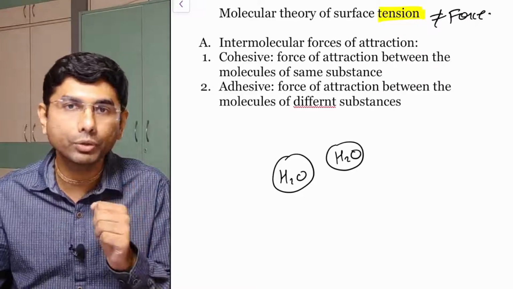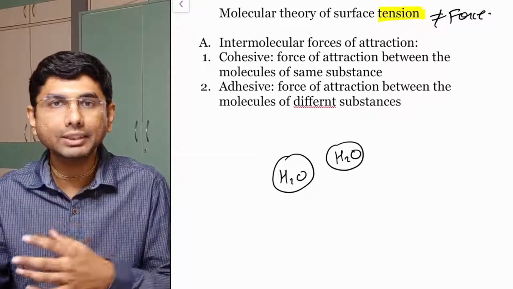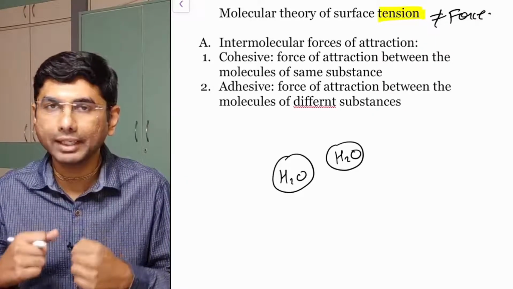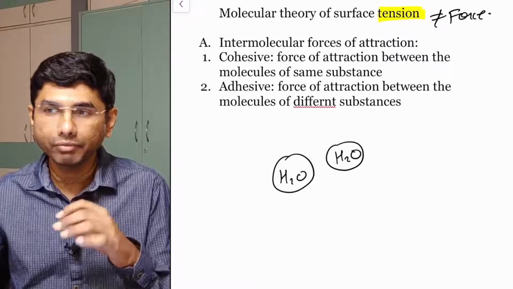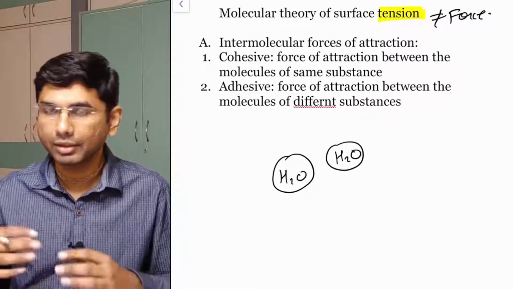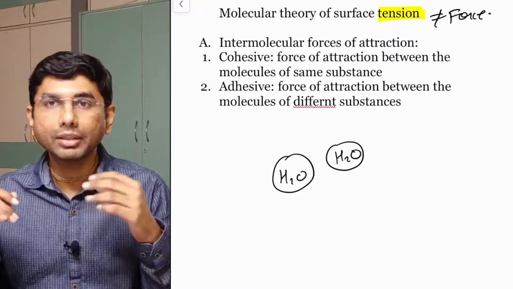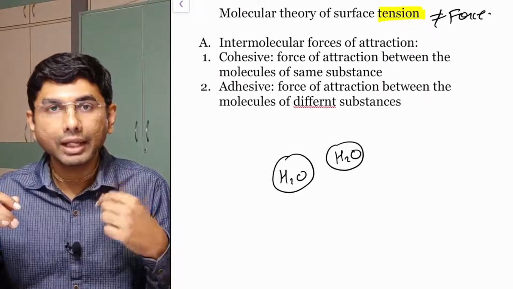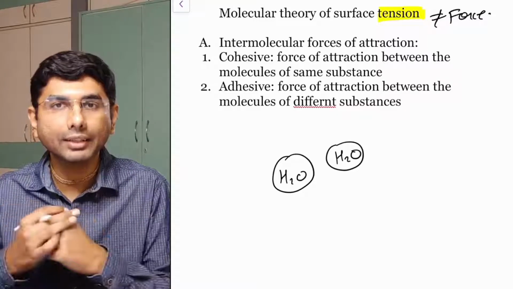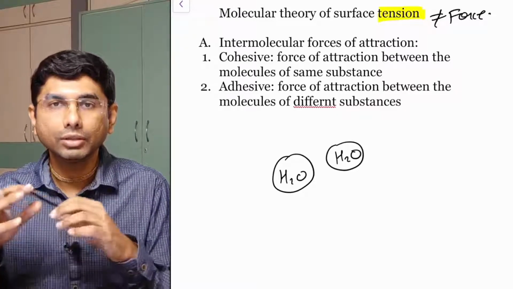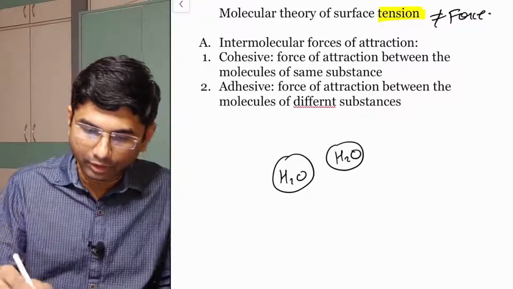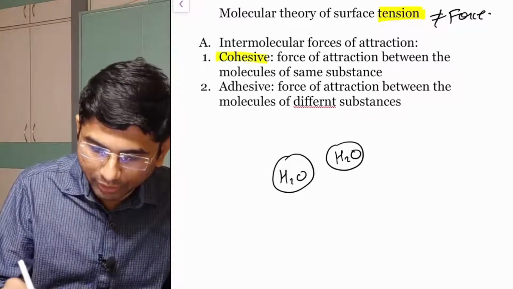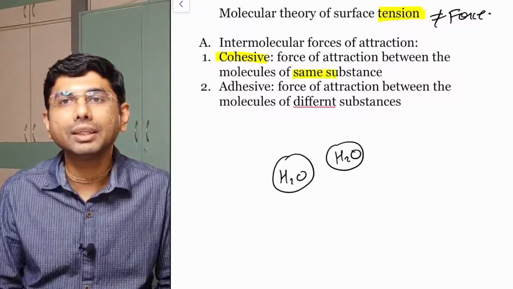You cannot deform them so easily because they are tightly bound with each other. All the molecules are bound very nicely. Liquids do not have a shape, but you can still see them flowing, and their boundary can be established. Their cohesive force is a little weaker than solids, but still stronger than gases, and gases have the least magnitude of cohesive force. Here we just need to remember that cohesive means same substance.